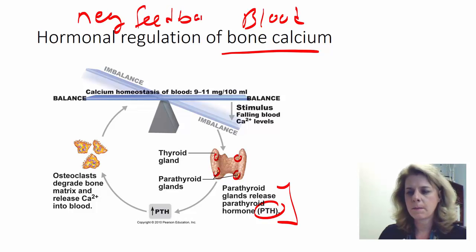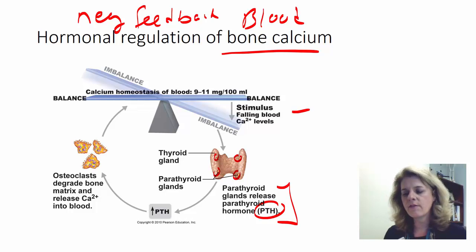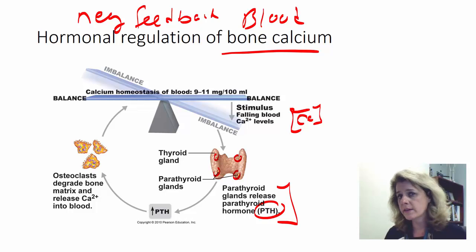Negative feedback. So let's say our stimulus, we see a falling amount of blood calcium levels. So the amount of calcium, and you can write calcium concentration like this, the calcium in our blood is falling. Okay, that's our stimulus. We have a receptor that picks that up. It's okay, we don't have enough calcium in our blood. We don't have enough calcium for our muscles to contract. We don't have enough calcium for our nervous system to work. We need to get more calcium in our blood. What do we do? Well,